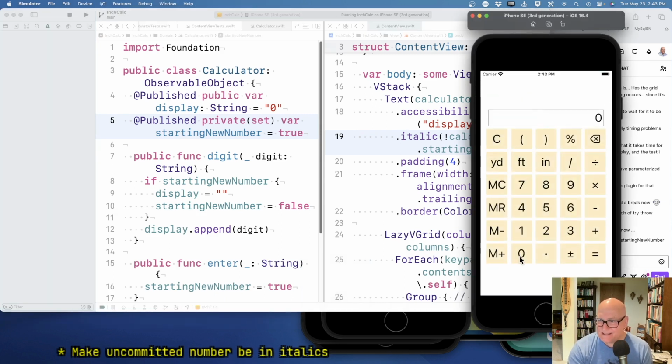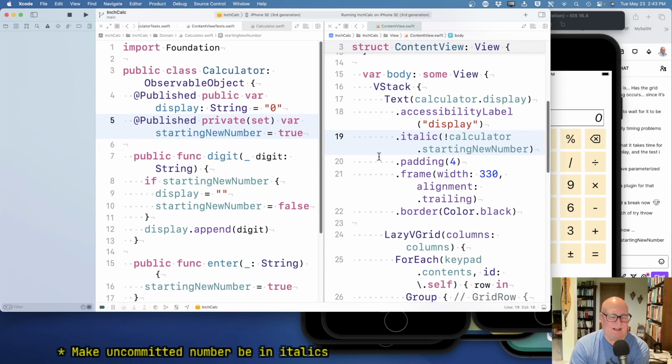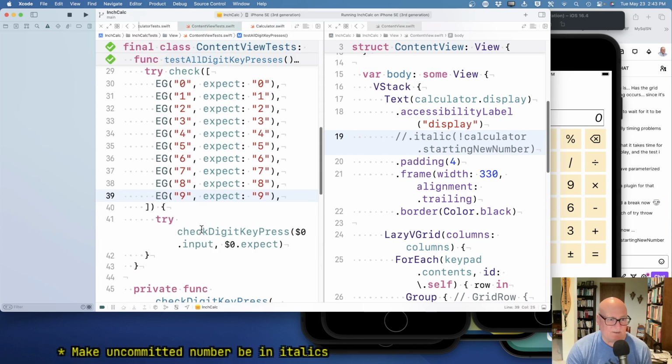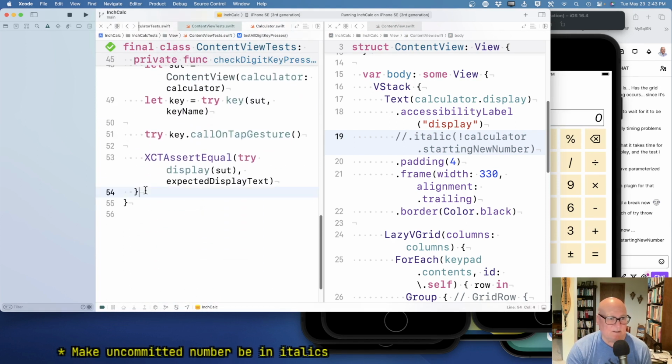here. I want to hit 0 and make it italics, right? Okay, I mean, we're doing the right thing. Let's go back. Let's take it out. This is fine. I don't mind that I made this a public view, but let's see if we can write a test for this thing. Okay, so